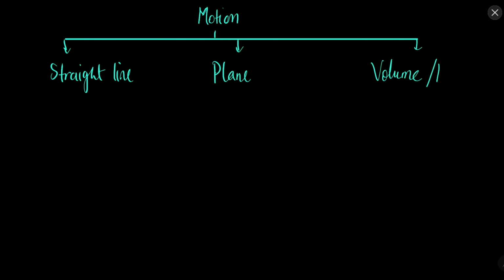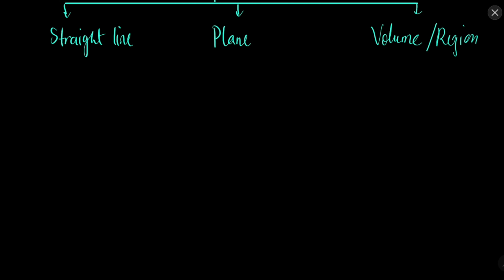So now we've discussed motion in a straight line, okay, when only one of the dimensions is changing. Now we will discuss planar motion, and what about the volume, or motion in 3D. So it is quite simple, okay. For example, in 1D, what did we do? The equation of velocity was dx by dt, and let's say the direction was i cap, okay. Velocity is a vector quantity, so we'll use a direction. For direction I am using i cap. Remember, i was the direction for the x axis, so let's say the object is moving along the x axis, so this is the magnitude and this is the direction.